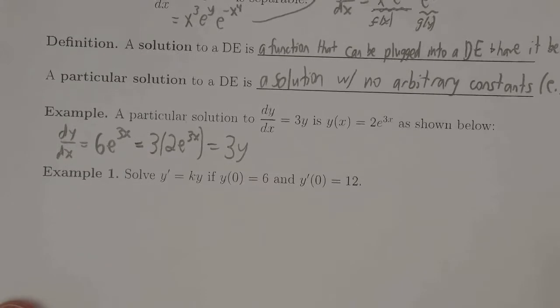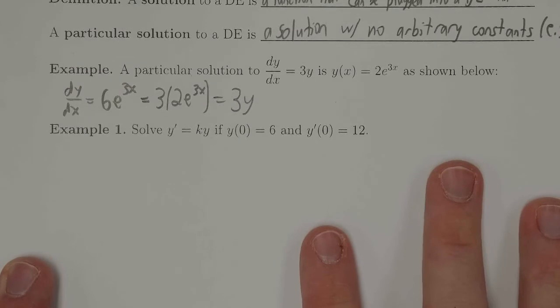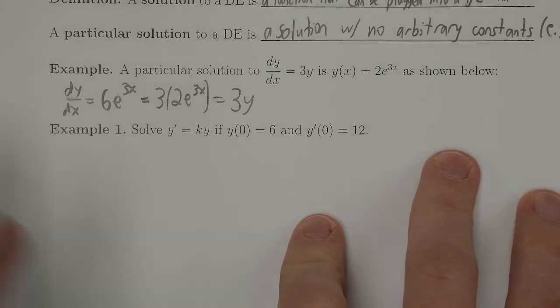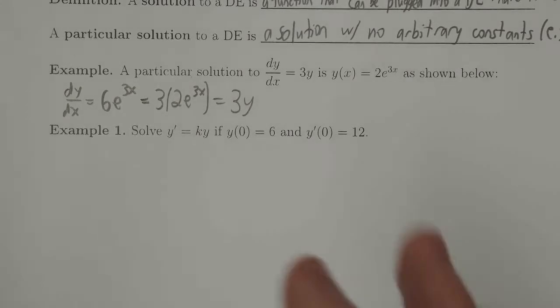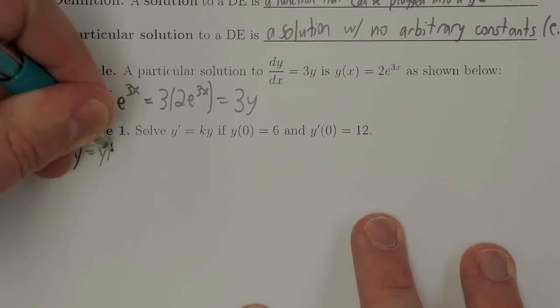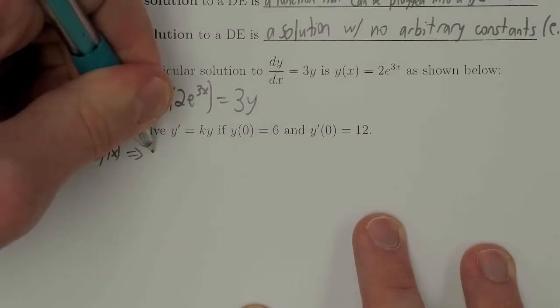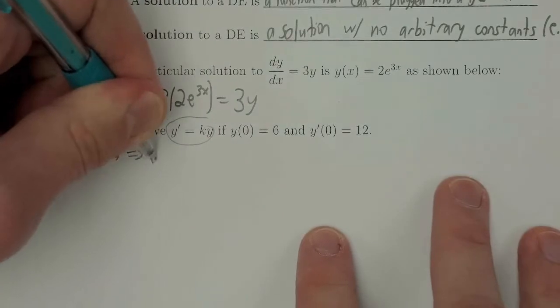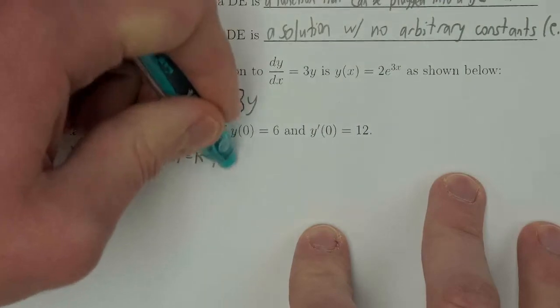So now let's take a look at example 1 to get a better idea of what's happening. You guys have seen this type of problem in 16010 where you can write this as some constant times e to the kt. But we're actually going to show here why that is using what's known as separation of variables. So if we let y equal y of x, this implies that by our assumptions here, we have y prime of x equals k times y of x